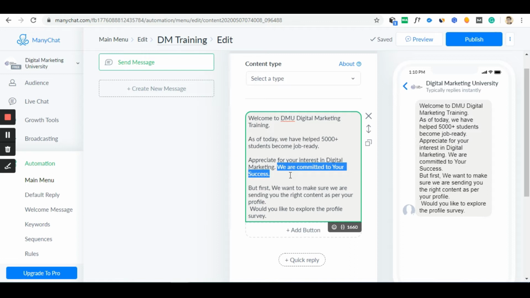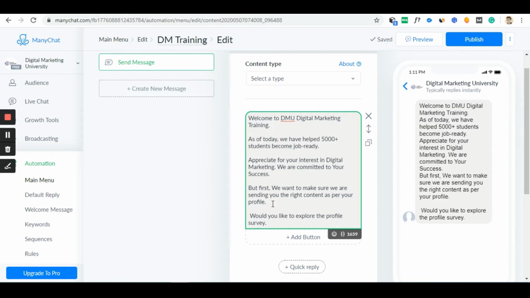Now, once the user has read these three lines, at this stage the user knows that okay, this is the brand, this is what they do, and this is what they are good at. I can rely on them, so they would be interested in your brand. So you just created the awareness and interest in your user's mind. Now at this stage you need to propose something. What shall the user do next? So you are trying to put forward a very valid conversation over here.